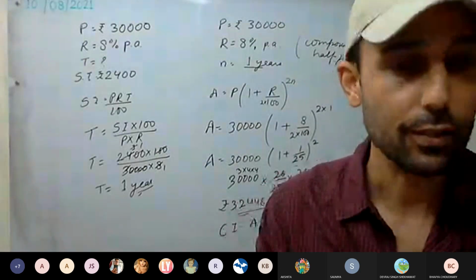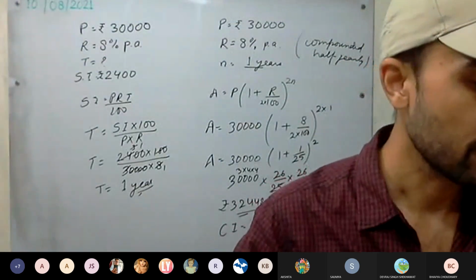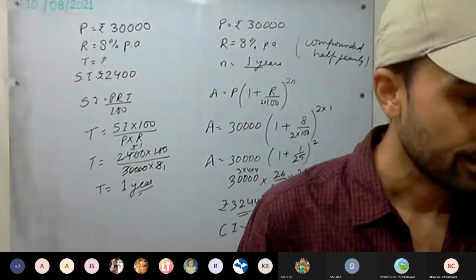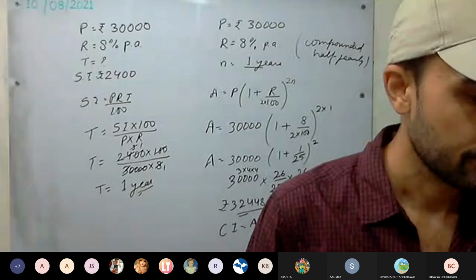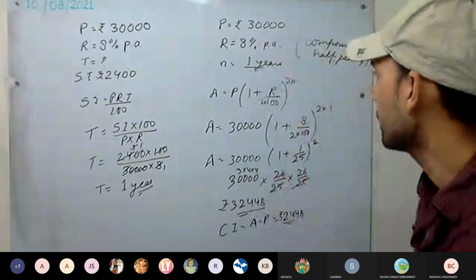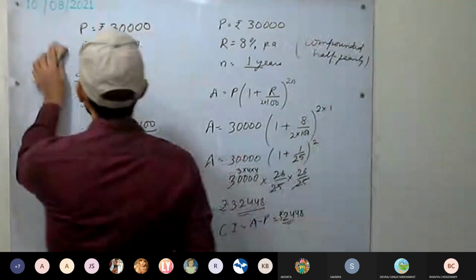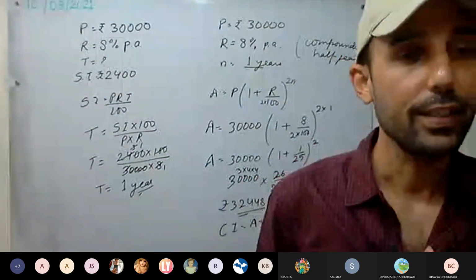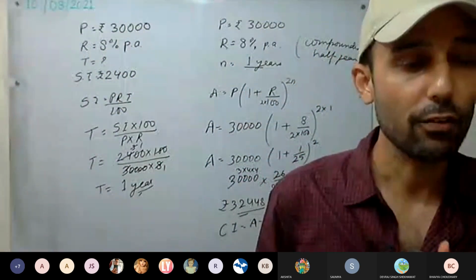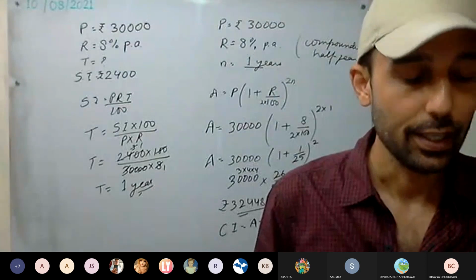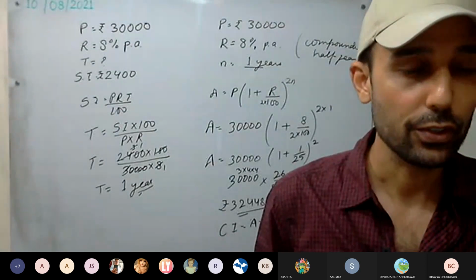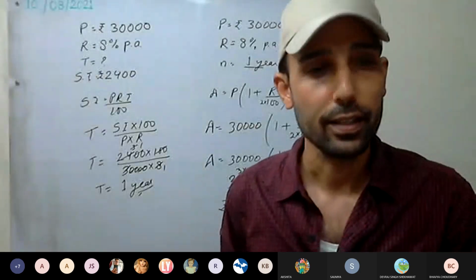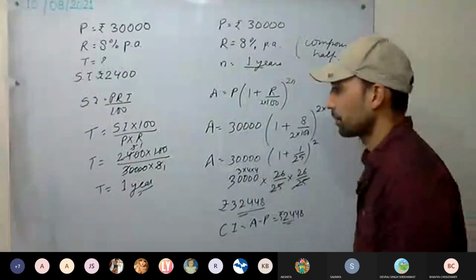Okay. Let's start the revision exercise then. Start doing from the eighth question. Read the eighth question, everyone. See here, in a question when it is not specifically mentioned whether it's compound interest or simple interest, you will always take it as simple interest. If it is not clearly mentioned in the question whether it's simple interest or compound interest, we have to take that as simple interest.